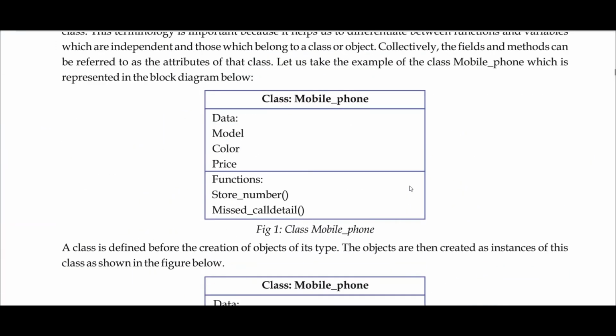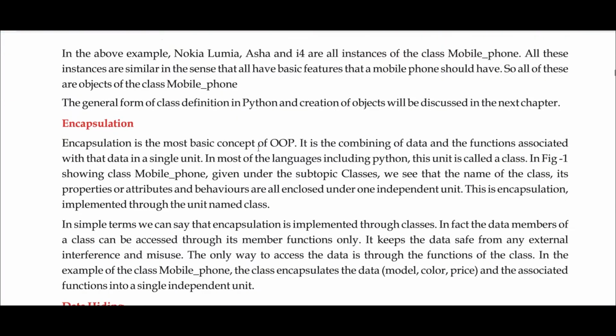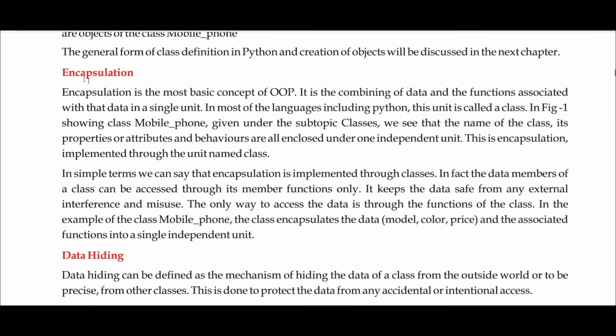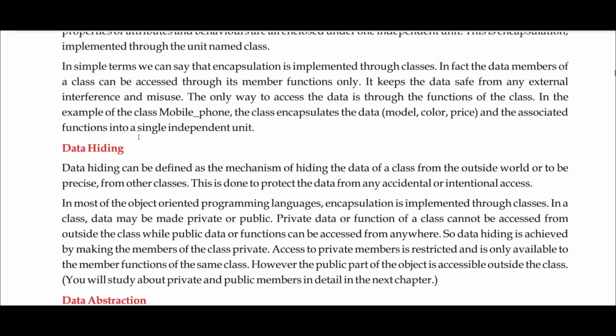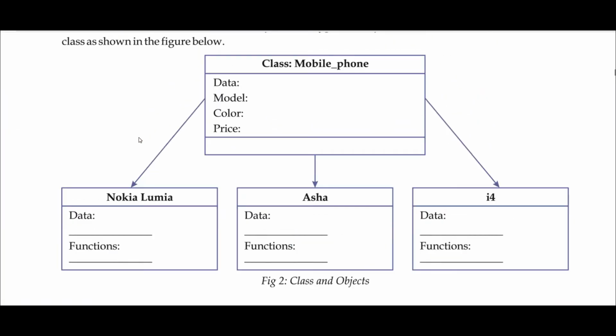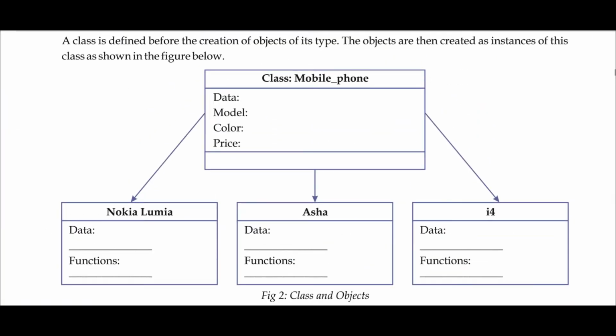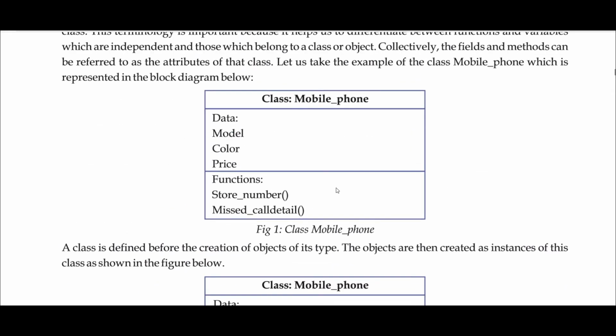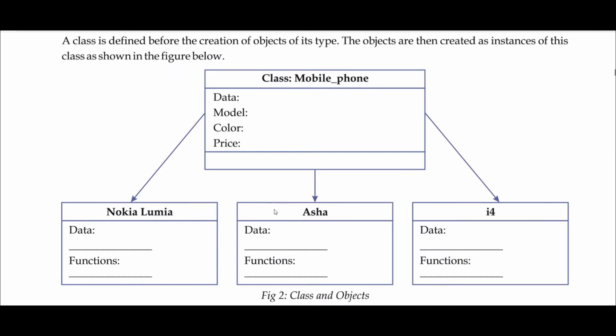In a previous discussion, we discussed objects and classes. Now we will continue our discussion and we will discuss encapsulation, data hiding, and data abstraction. These three are very simple concepts, but they are interrelated. First of all, I want you all to keep this picture in mind. We have defined a class. That class has the following data members and two functions attached to it, and we can create different instances of that class, basically defining different objects of that class.